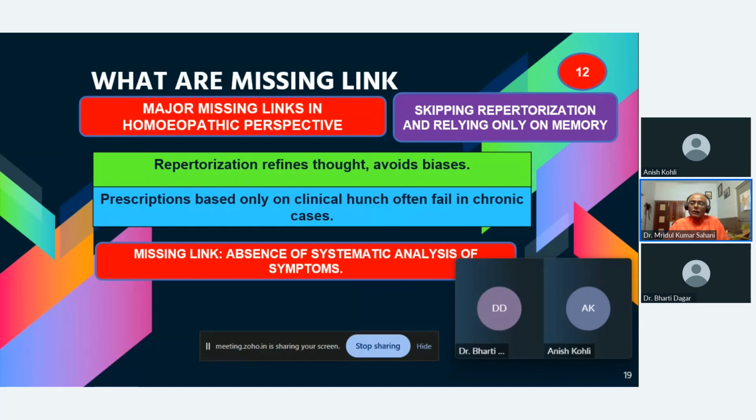We know Radar. You can go into Sulphur, a simple remedy. In Allen's Encyclopedia, 5,000 symptoms are noted. In RadarOpus, more than 15,000 symptoms are noted. How can you store that in your mind? If you prescribe depending only on those features of Sulphur that you know, there will be misanalysis and misjudgment regarding the medicine. So following repertorization is very important, and then going into the materia medica. This is the entire process that we have to understand.